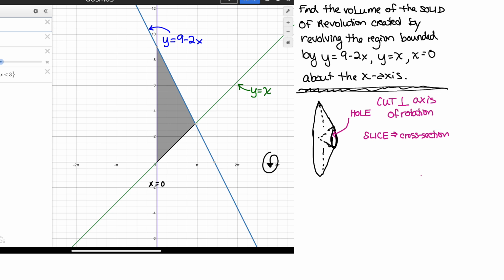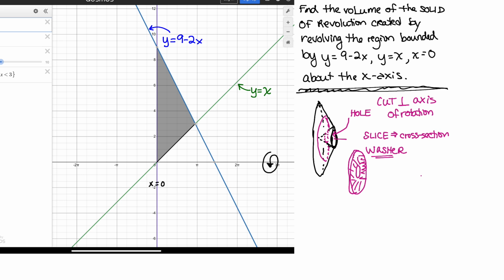when I cut perpendicular to my axis of rotation this time, I get what we call a washer. So it's a perfect circle inside a perfect circle. So we get what's called a washer when we pull it out. And so the idea is, the washer is actually comprised of,